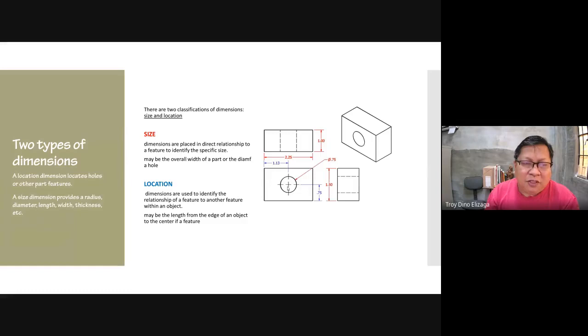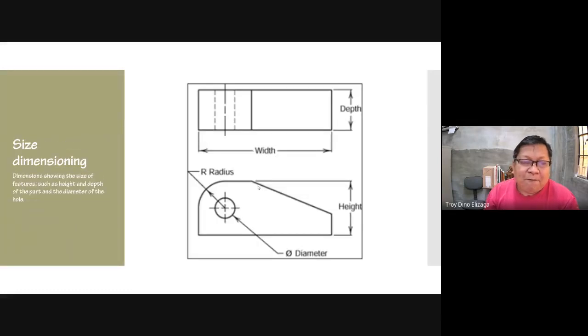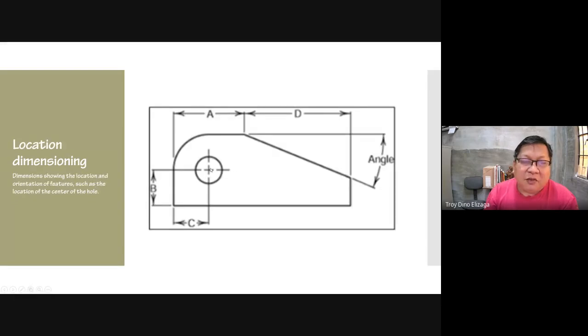You can review all this text later. I don't like reading too much. No? So the size dimensioning is the diameter, the radius, the height, the depth, the width, and then location dimensioning is where the center line of this is located, at what point you apply the angle. So these are locations.